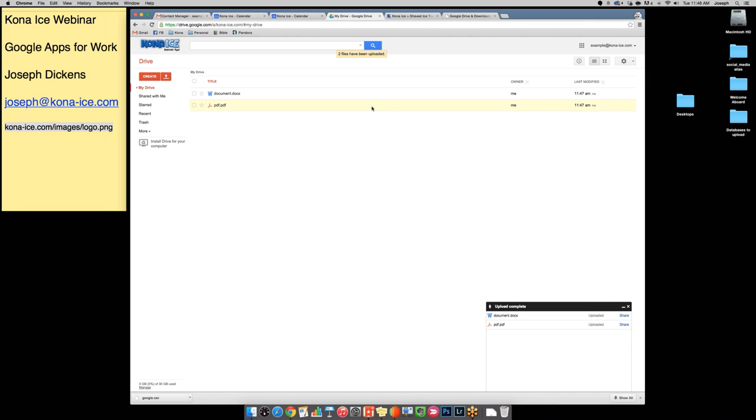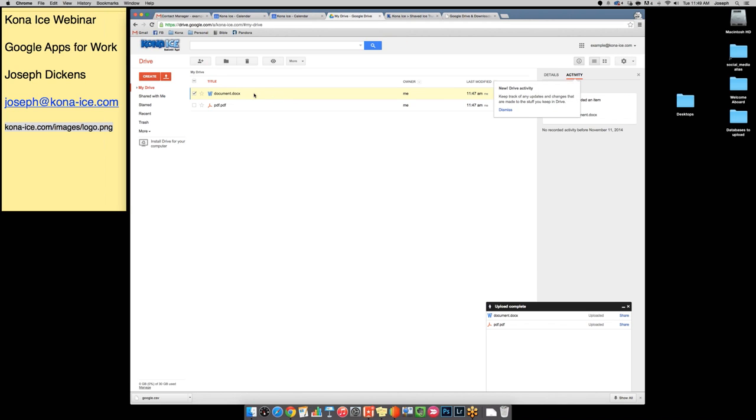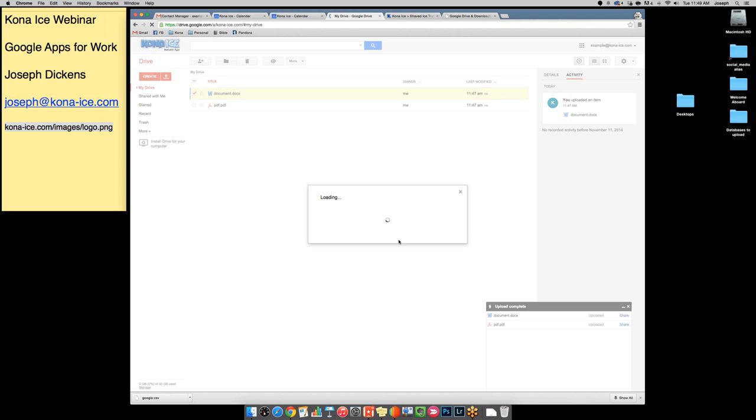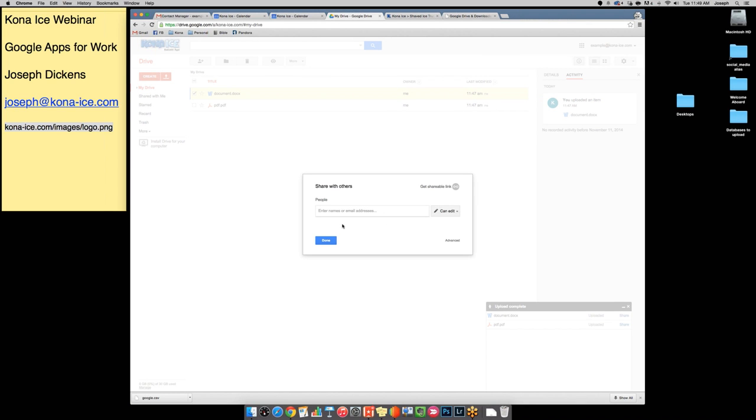Another nice thing about this is that you can share documents through Google Drive. So if you have a file that you need to share with a school, or a file that you need to share with me, especially if it's a lot of files or if it's too big for email, something like that, put it in Google Drive. Then all you have to do, click on the file so it selects it, and there's this little share button right up here at the top. You click the share, and you can now type in any email addresses,